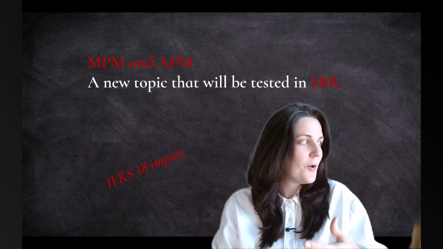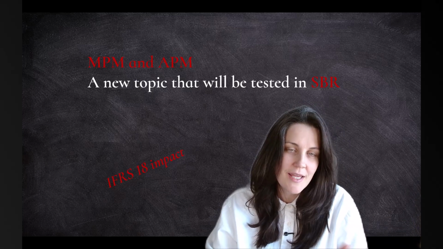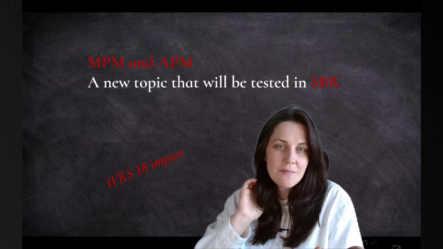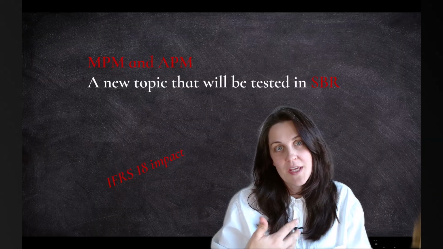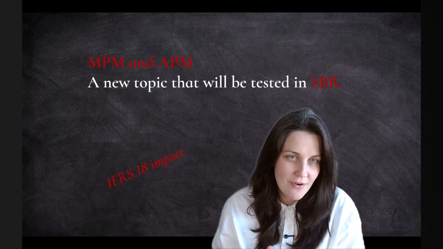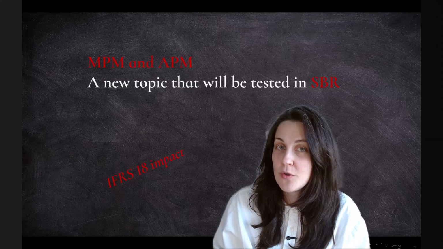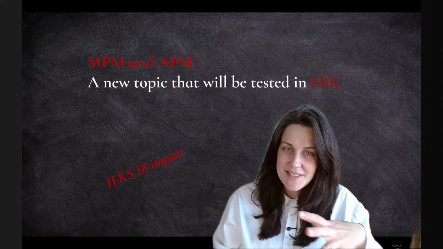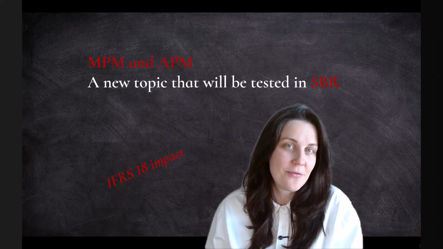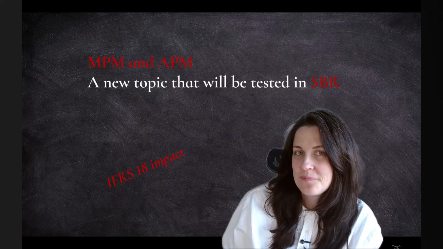So, for example, we have revenue. This is a normal measure. It is defined by IFRS 15. We have earnings before interest, tax, depreciation, amortization. There is no standard that defines it. This is an APM. We have profit before tax. This is something that is defined in IFRS 18 as a subtotal. This is not an APM.